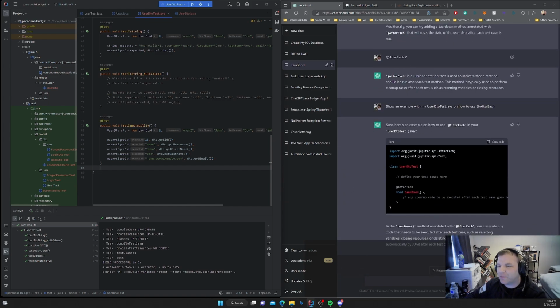Here I was just curious about what the after each was, and it says the after each annotation is a JUnit annotation that is used to indicate that a method should be run after each test method. This method is typically used to perform cleanup tasks after each test, such as resetting